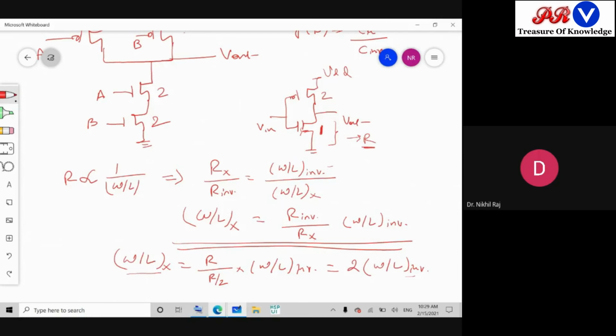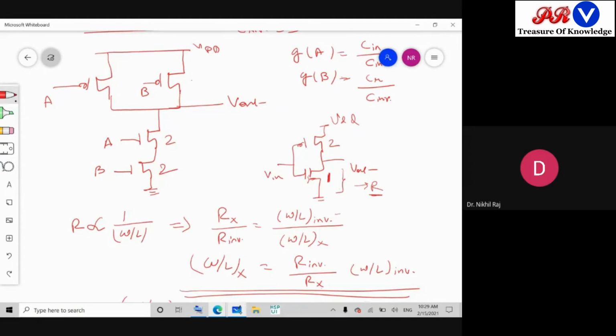Now coming to the pull up network. In the pull up network, it is taking a device dimension of 2. The ratio is 2 and let's say it is offering an RP resistance. And here also it is offering RP resistance, and this RP is a function of 2. When the W by L is 2, then only RP will come, and there is a single MOSFET in the path. So here also in PMOS, through a single MOSFET I can do the charging. Either it can go through A or it can go through B. So both the options are available. Through any path it can easily get charged up.